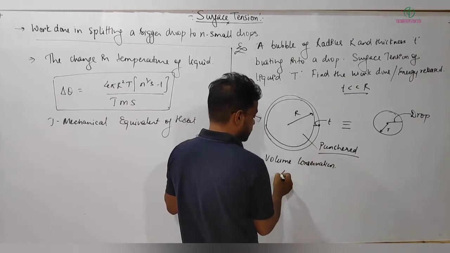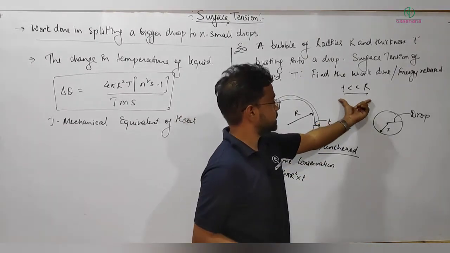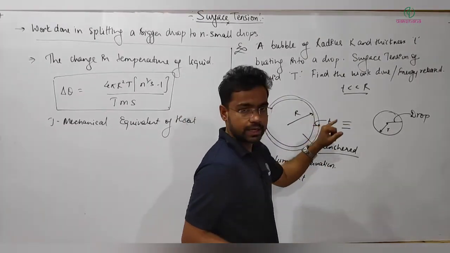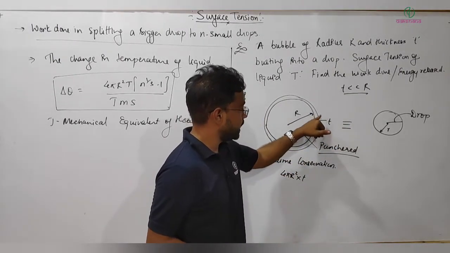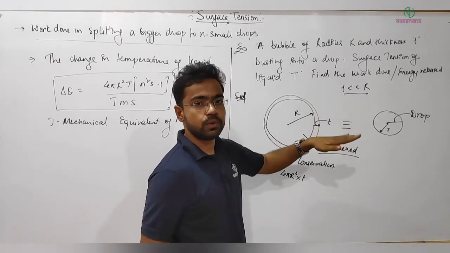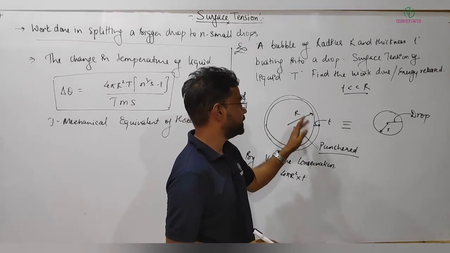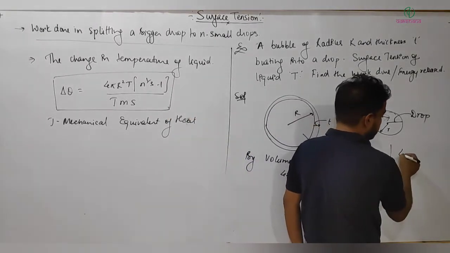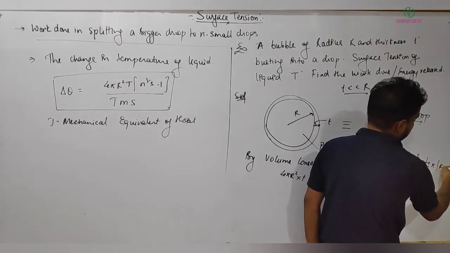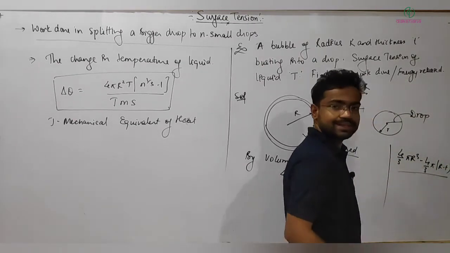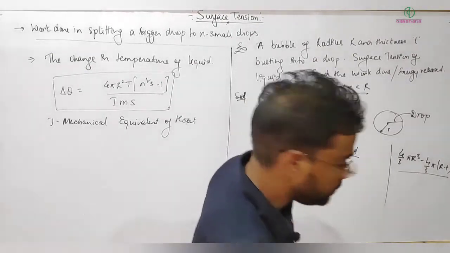what can I say, initial, what is the volume? 4 pi r square multiplied by thickness. In this condition, if T is quite large, then you need to get the volume 4 by 3 pi (r plus T) whole cube minus 4 by 3 pi r cube, if this radius is the inner radius. If it is the outer radius, then change in volume will be 4 by 3 pi r cube minus 4 by 3 pi (r minus T) whole cube, right? Simple term. But here, because T is small,